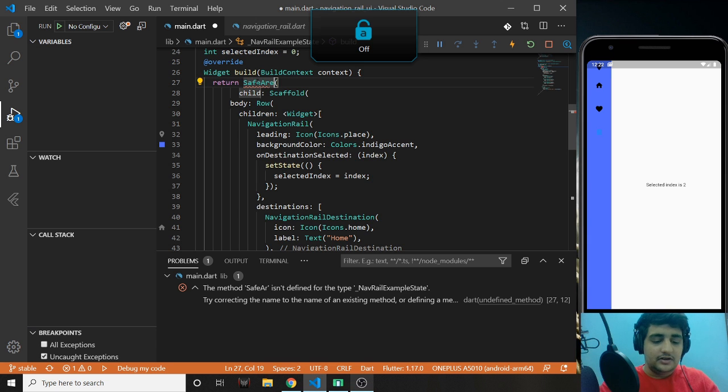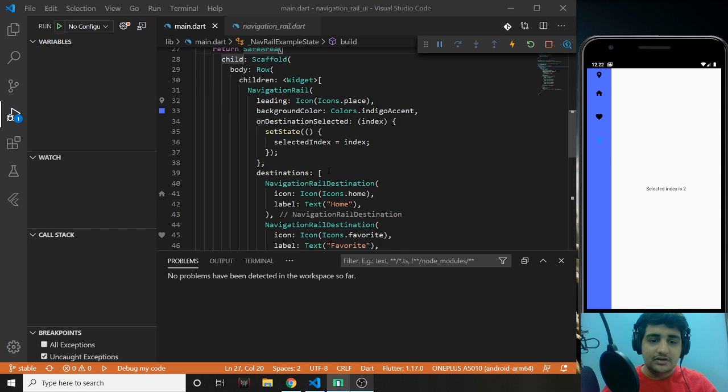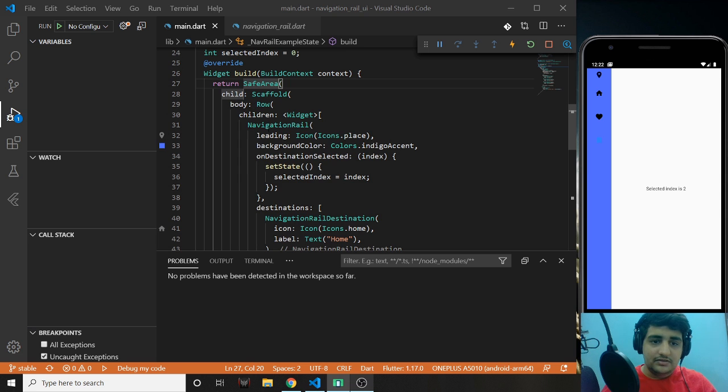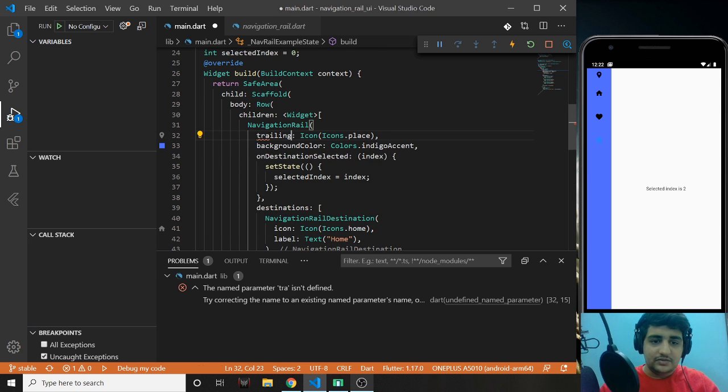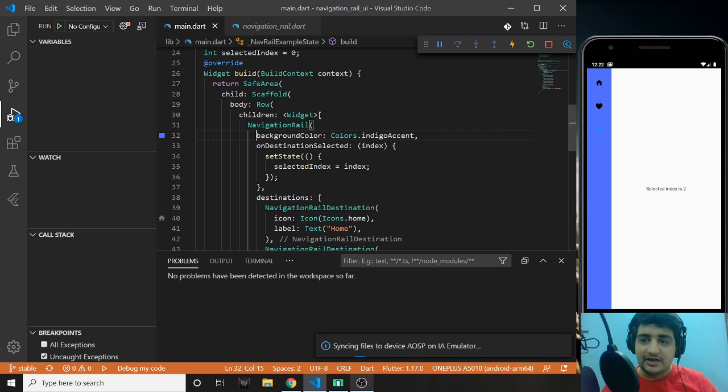I'll just put it in a safe area so you can see. Again a tip, if you need to not cover the navigation, use safe area. It doesn't click as of right now because it's just an icon, but I can make it clickable as well. I can have a button here, I can have anything. Similarly, trailing also goes. So where did it go? Yeah, so this can be trailing as well, right? So it is at the end. Okay, I don't really like this, but I just had to show you.